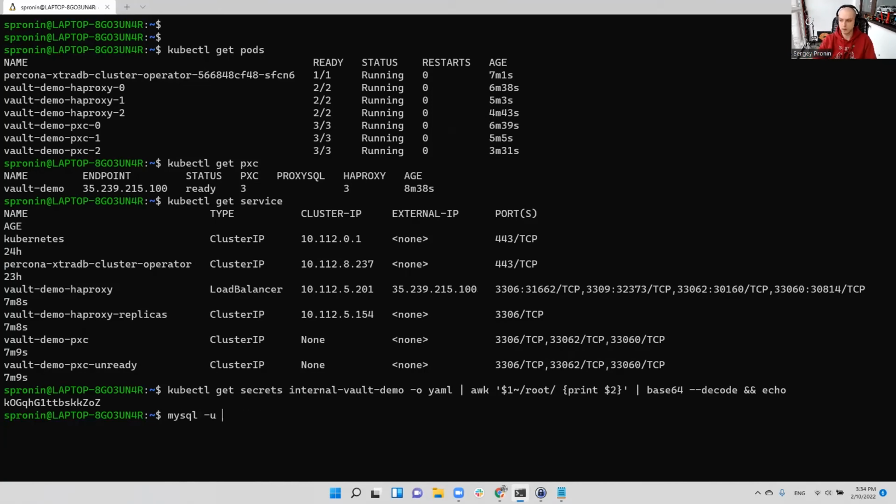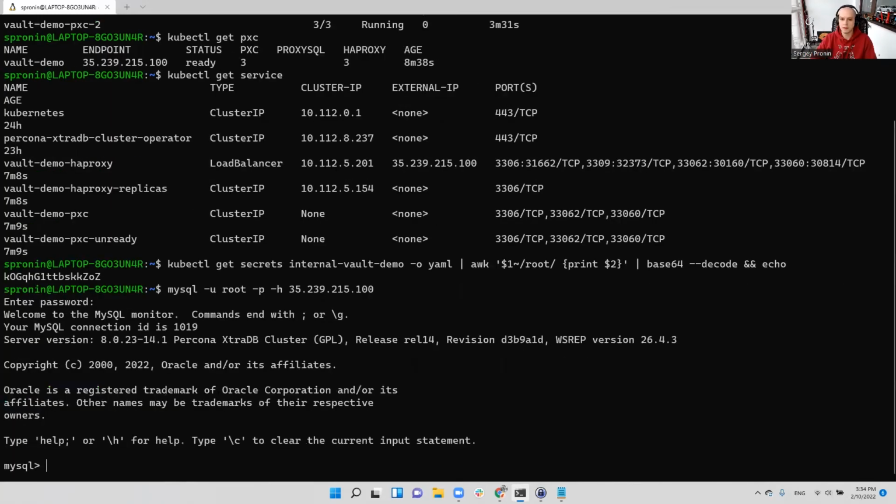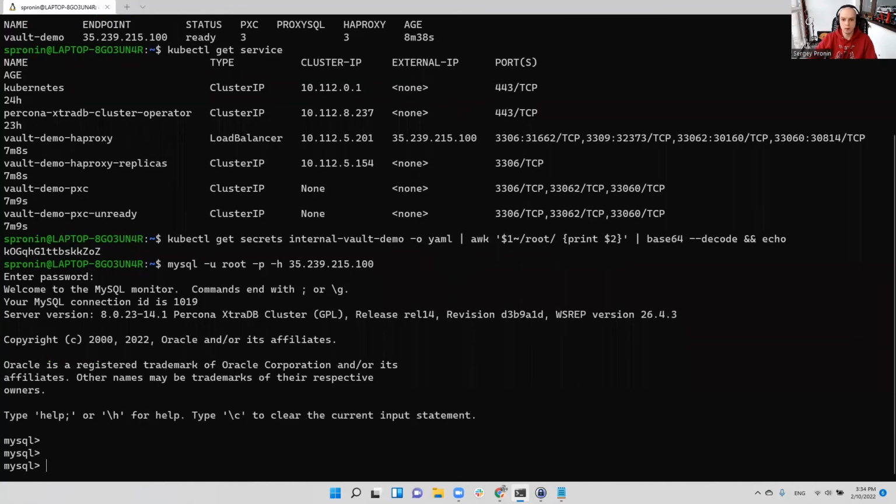mysql -u -e -h. I'm going to use this IP address, and this is my password. Copy paste. Let's see. Yes, I can connect. Awesome. What I'm going to do now is create a user so that our Vault can connect